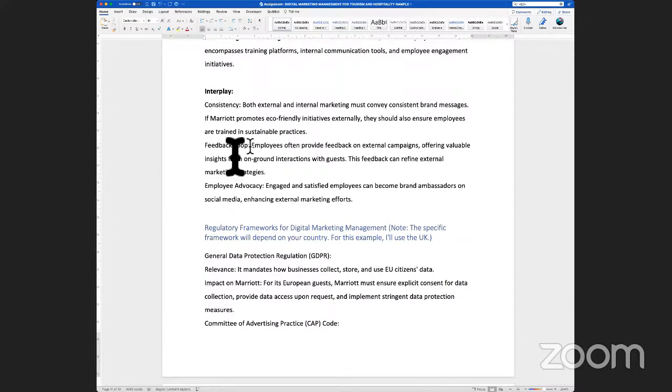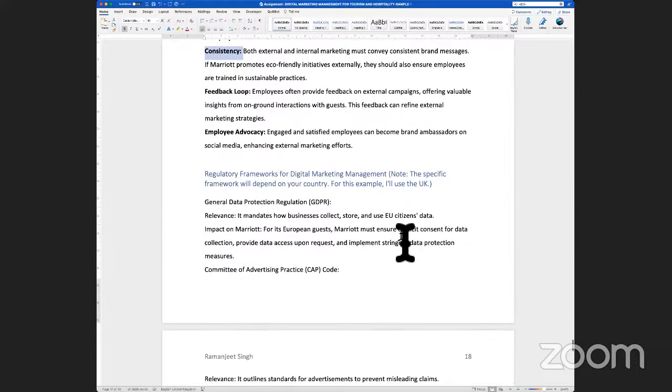In that, I have taken things like feedback loop, employee advocacy, and consistency in communication, along with the training which is done with the staff in the hotel. Every staff member in the hotel treats, greets, and talks about the hotel in a particular manner. That is because standardization training has been done with all employees, whether at the front desk, the back office, maintenance, the restaurant, the business center, or any other property within the hotel. So you have to think about those points and cover them by taking that example.